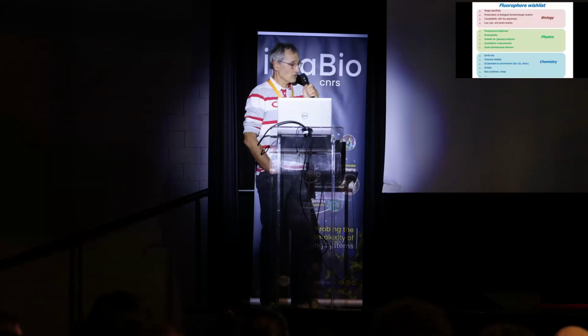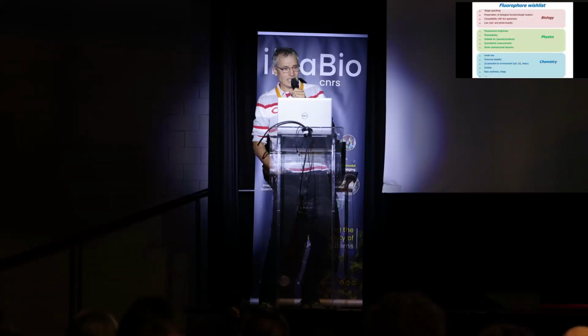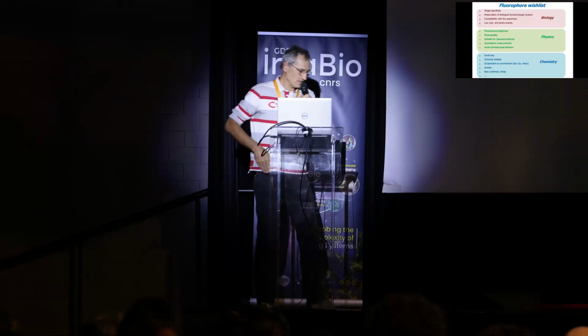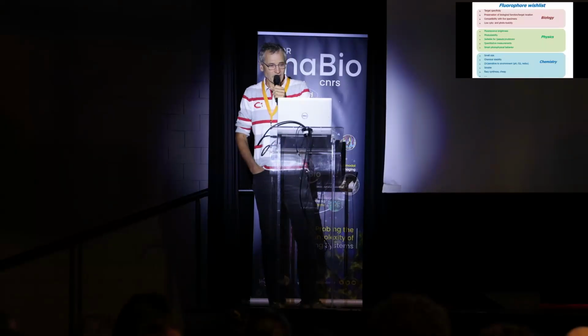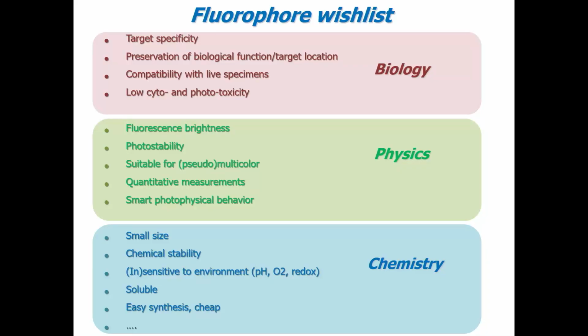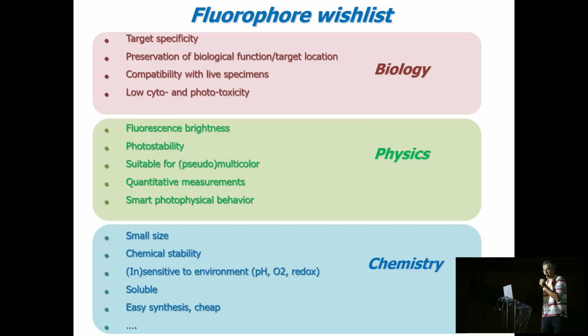The second thing is that you don't want your fluorophore to mess up your target's biological function. For example, if you have a fluorophore which is stuck at the entrance of an active site in an enzyme, and your enzyme would not be functional anymore, then that's not good. And if your target gets mislocalized because of your labeling, that's also not good. This could happen, for example, if you have oligomeric fluorescent proteins that make a monomeric target aggregate,